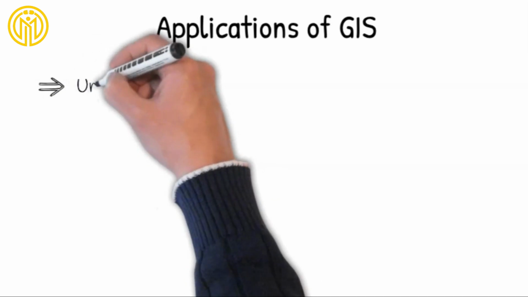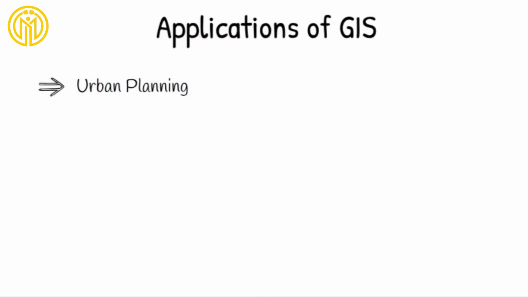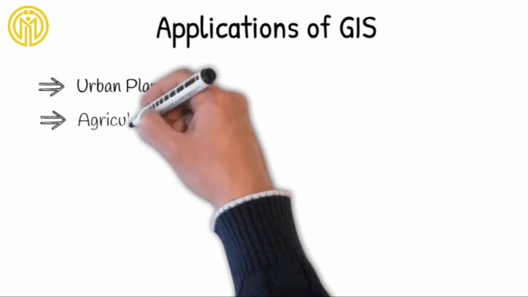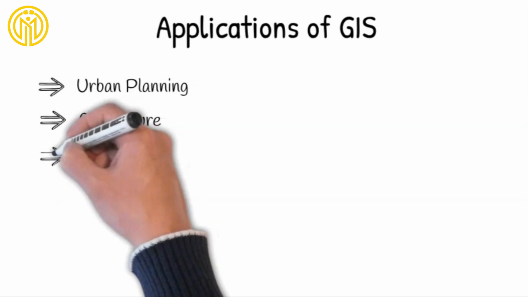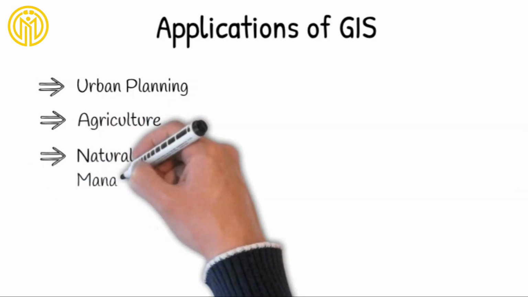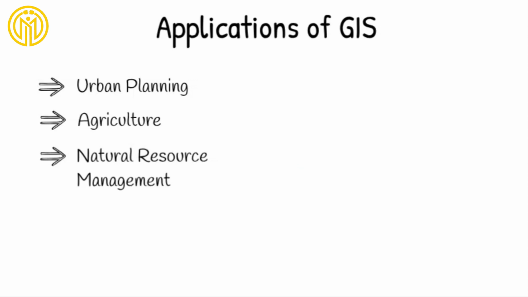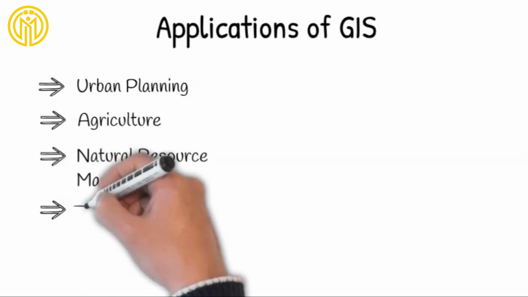These are a few applications of GIS. In urban planning, GIS technology is used to analyze urban growth and its direction of expansion. In agriculture, GIS data helps in creating more efficient farming techniques, analyzing soil data, and increasing food production. It also helps in natural resource management. In disaster management, efficient GIS systems protect the environment and are developed to assist risk and disaster management.